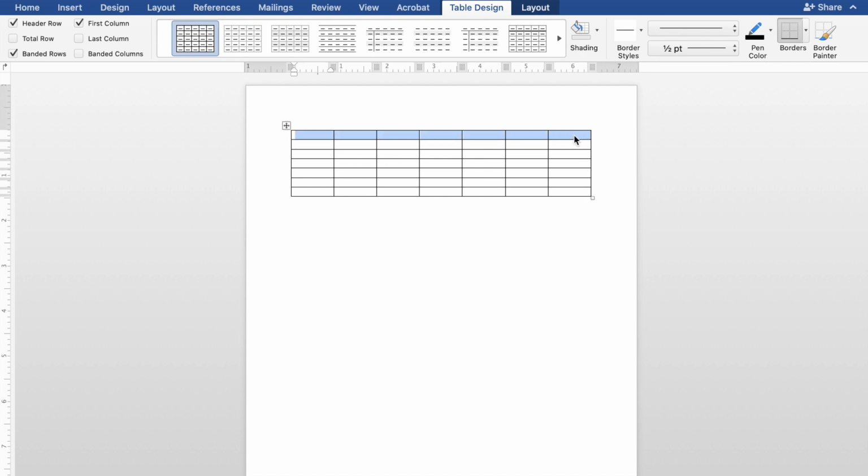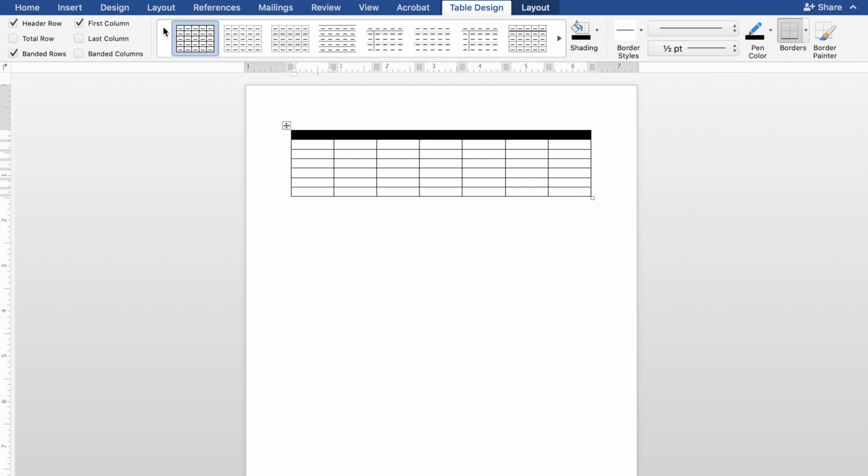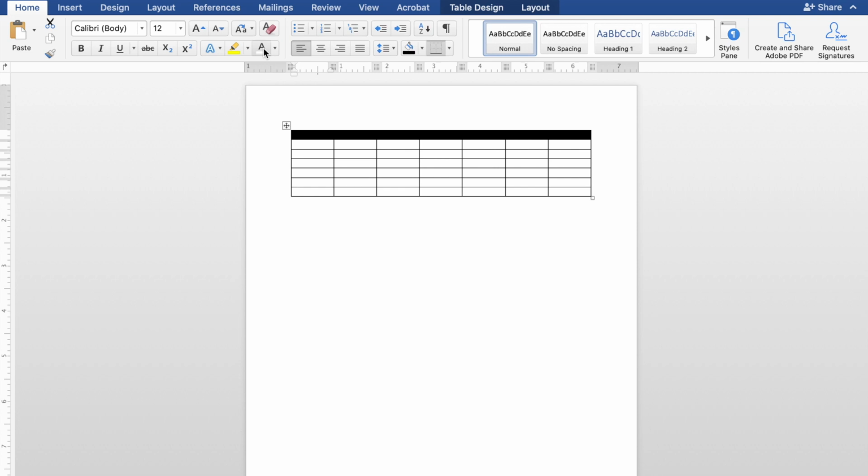So at the top, I always do the label, so I always make that black, go back to Home, and then make it white font. And then I also go ahead and bold it at the same time. And then we can write our labels up here. So muscle, attachments, right? Action,